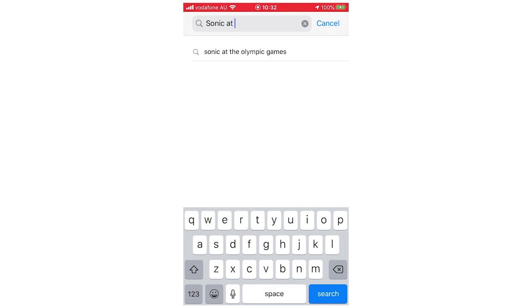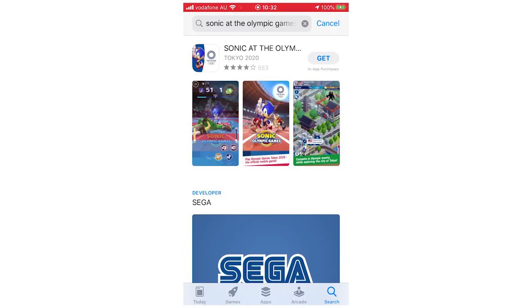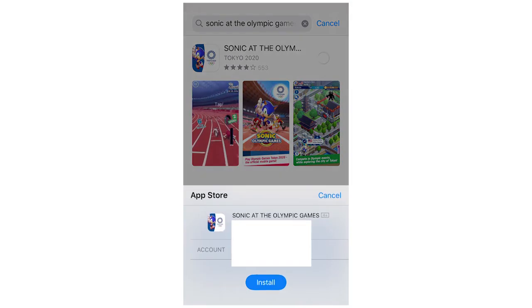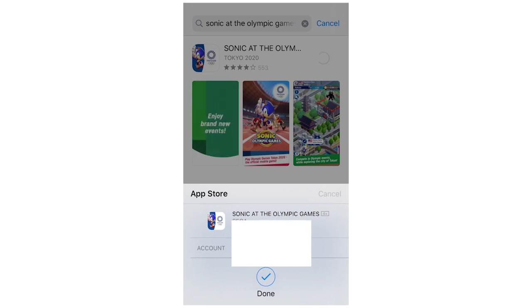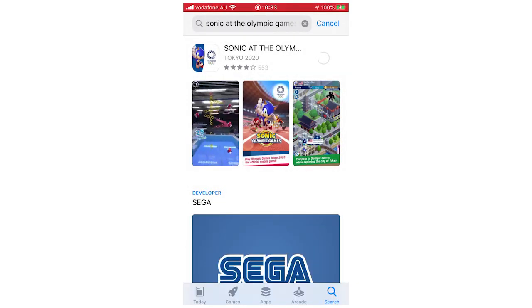It might autocomplete, and then you can just click on the autocomplete version right there, and then you'll see it should be the one at the top, unless there's an ad. There's Sonic at the Olympic Games. You can click get on that or whatever it says on your phone, and then it should come up with install. You want to click on that too, and then that circle's going to go around, and once the circle has gone all the way around and it's downloaded,